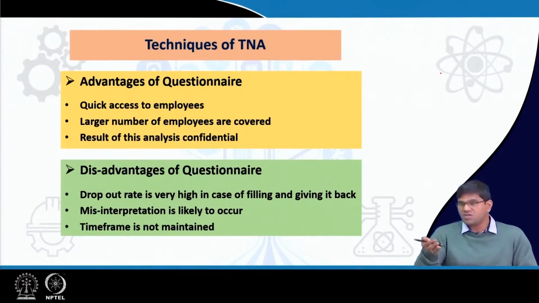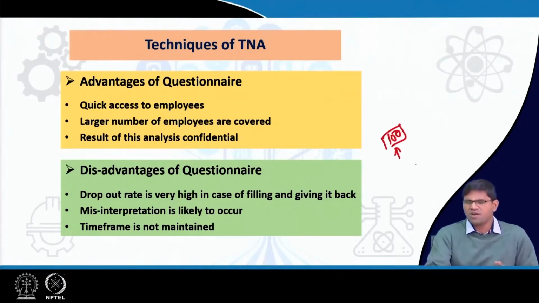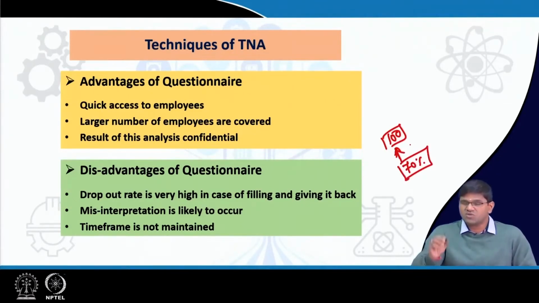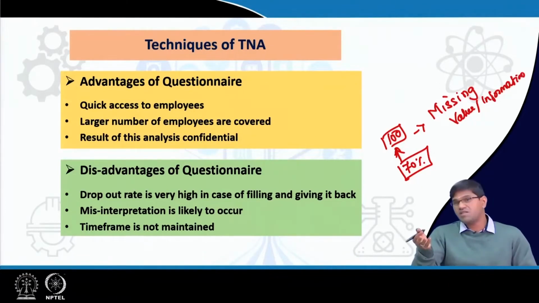When you talk about the response rate, let's say 100 employees are reached out to fill the questionnaire, you might find only 70% of them responded. So the dropout rate is really high. And sometimes there can be potentially missing information or missing values, as we call it. Some columns or some questions may not be answered by the participants. That's also possible. This will make it harder to have better information